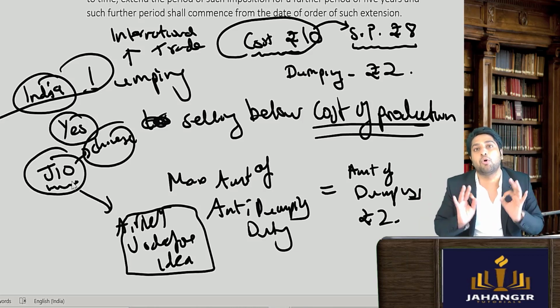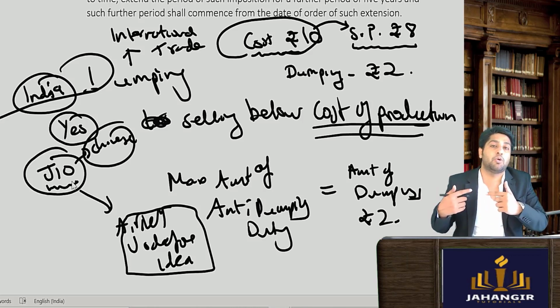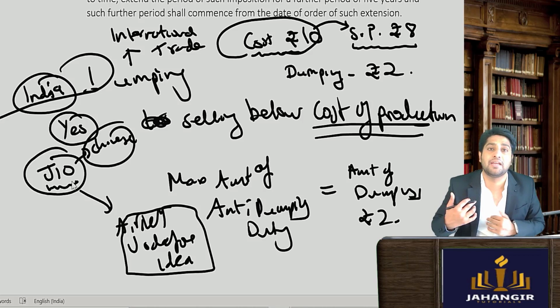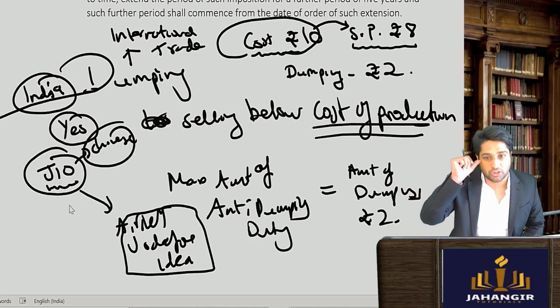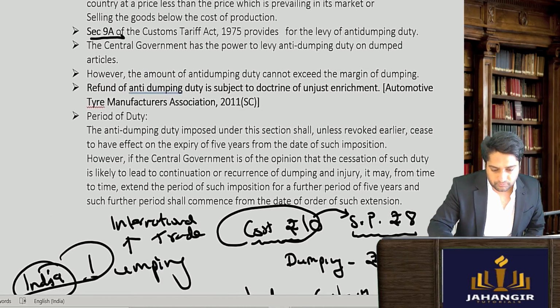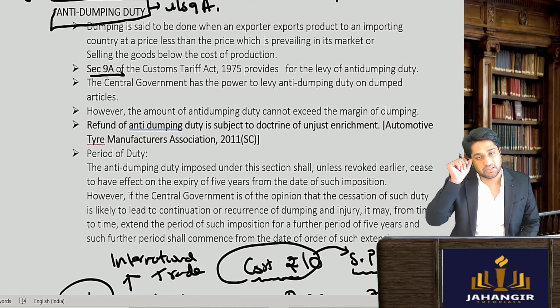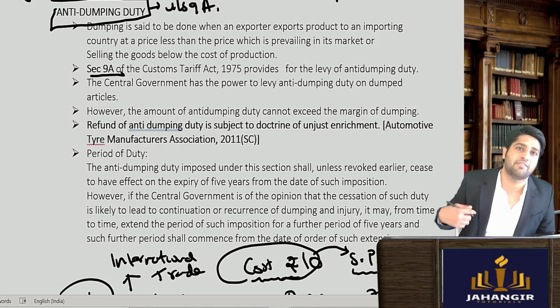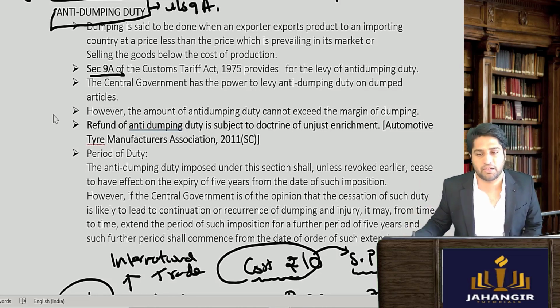When there is import and export and a foreign company does this, like what Jio did, we would immediately get activated: what are you doing, you're trying to kill our domestic people. Whatever dumping you're doing, that much amount we'll add. The same thing applies here: you can levy duty only up to the amount of dumping. If I have levied more than the dumping amount, then I have to refund it to the particular person.